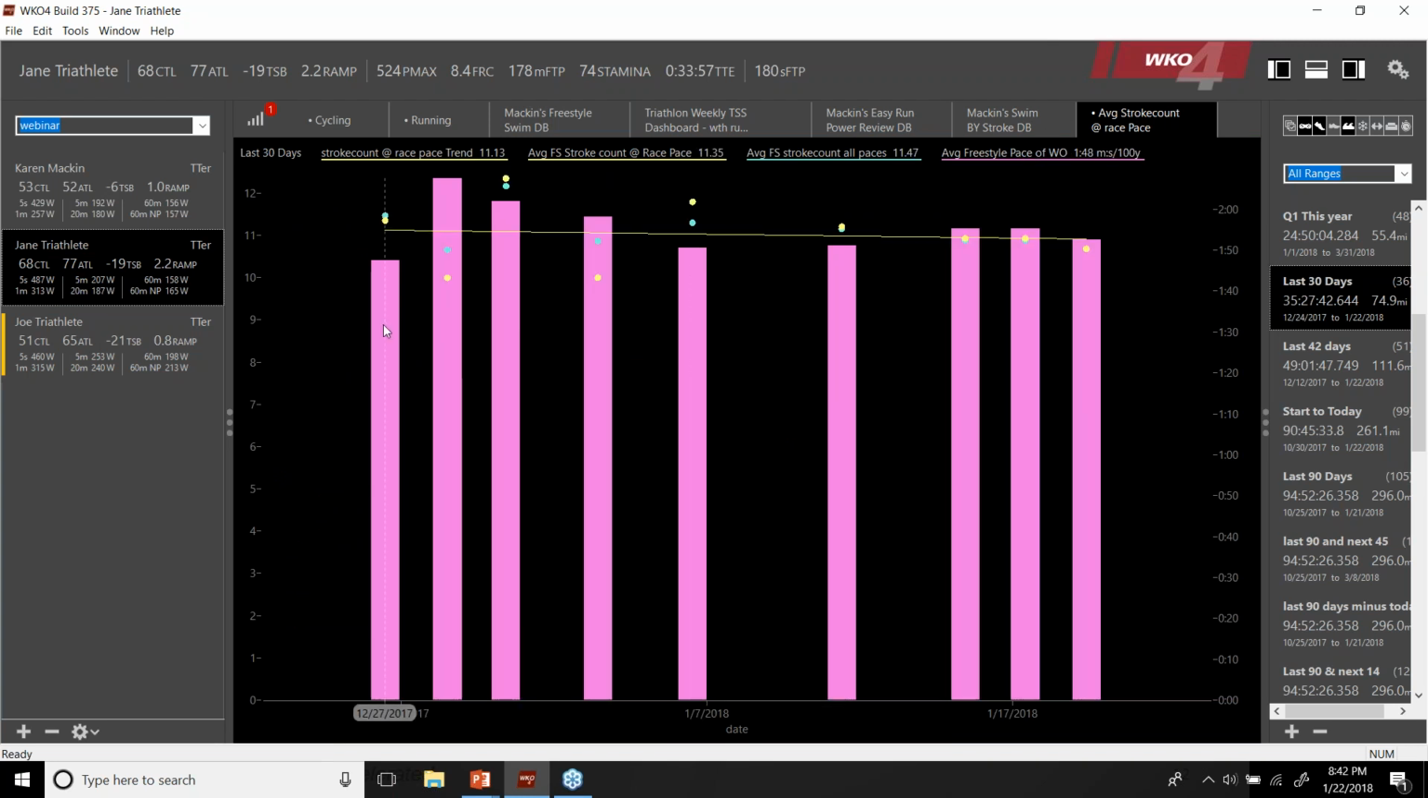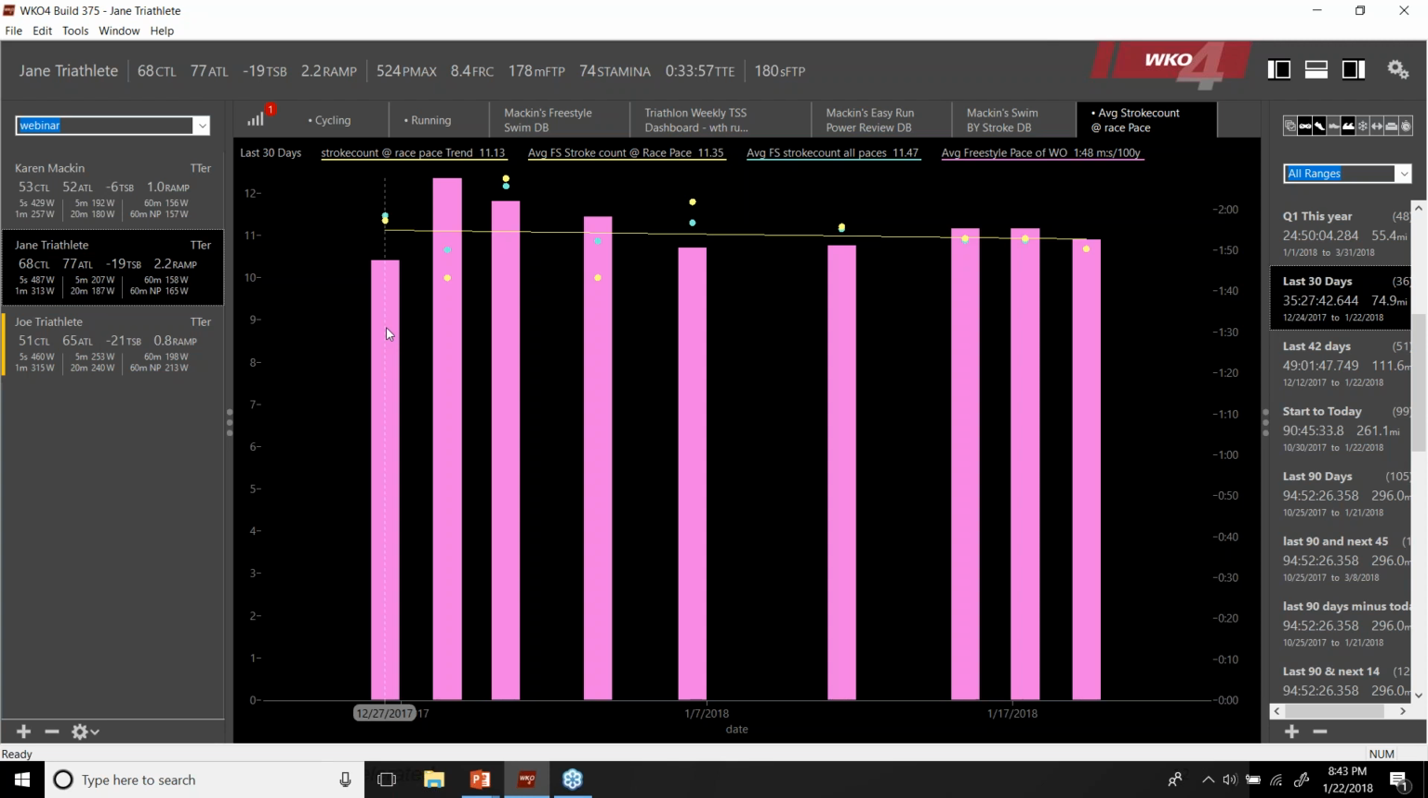So it shows that for each of the dates that she swam, it shows the average freestyle. I actually pulled out just freestyle, her average freestyle pace of the workout. It also shows her stroke count at all paces, and this is freestyle only. Stroke count at all paces and the average freestyle stroke count at race pace. So she actually did a master's swim